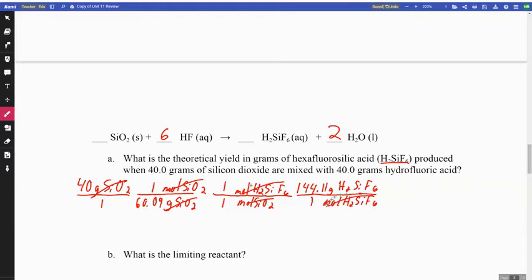Moles of that cancel out. Grams of that are left. That is where we want to be. So we do our math, and that is 95.9 grams. Same thing with our other given. That one,